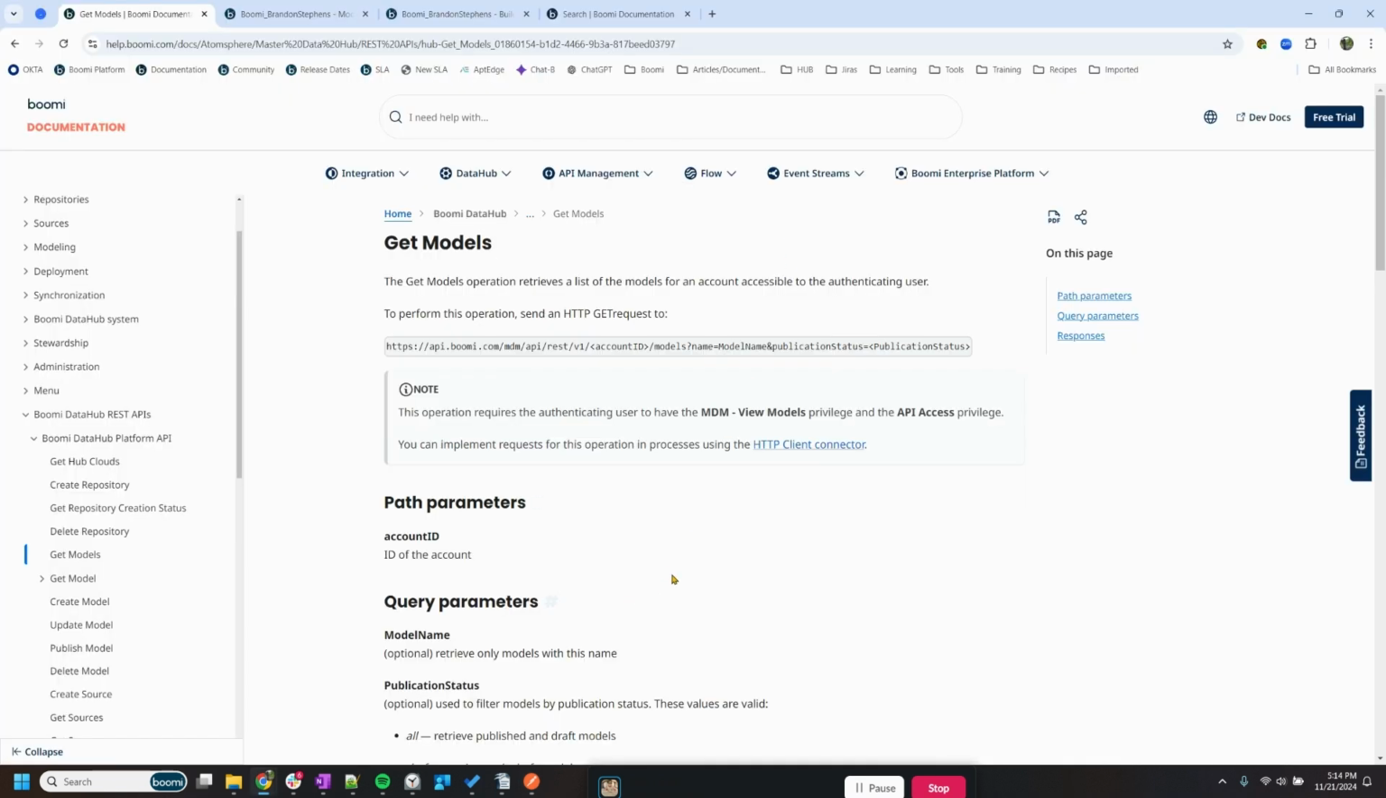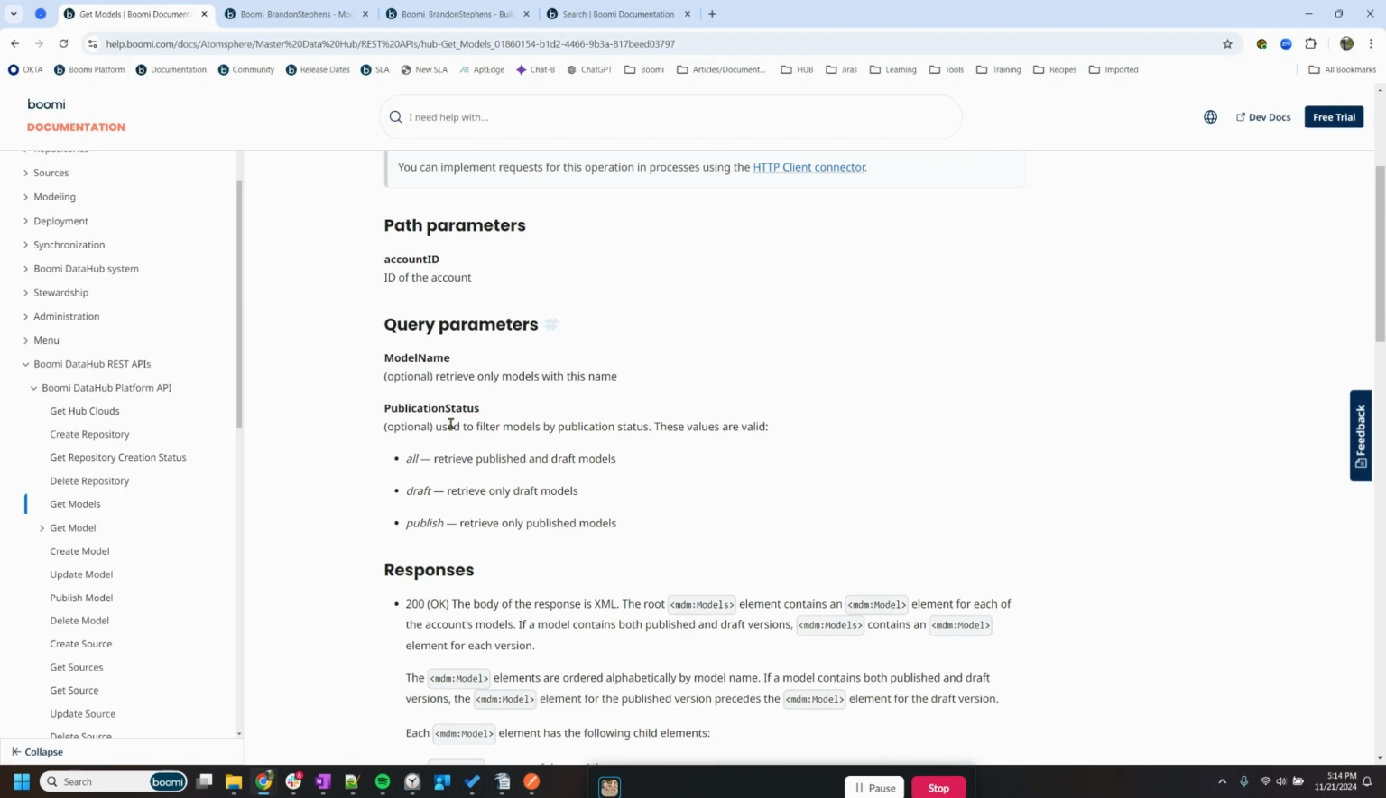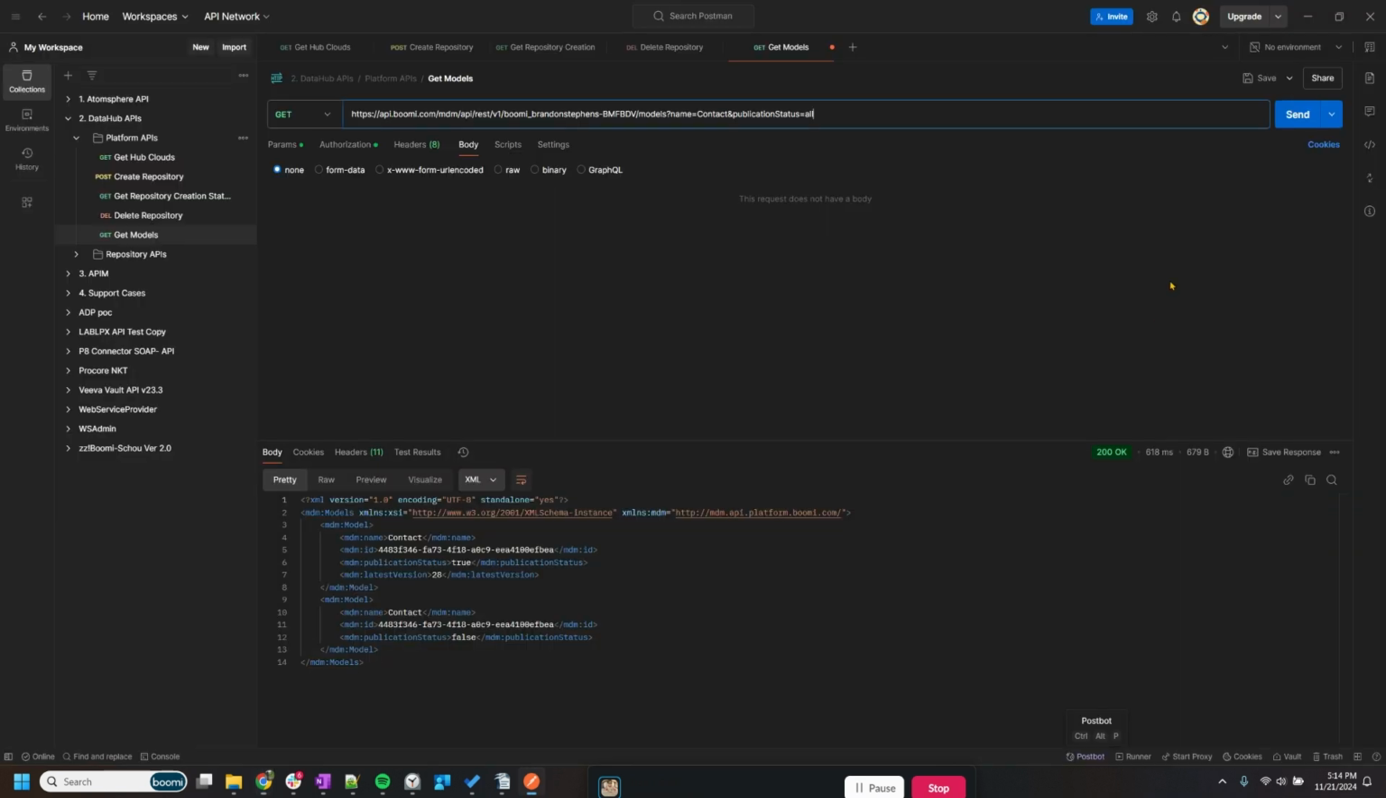So going back to the API here, you can see the query parameters. There's 3 different values you can use, or you can choose to exclude them entirely. It's an optional filter. I've configured it to show all, which means it'll show the published and draft models. So when I run this,